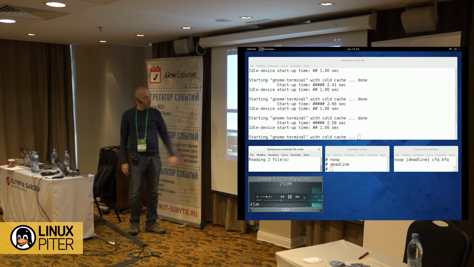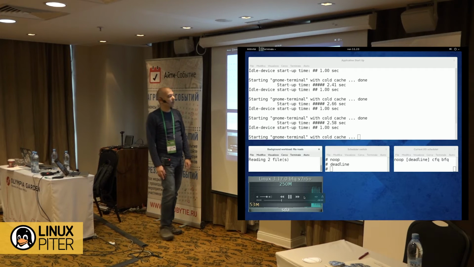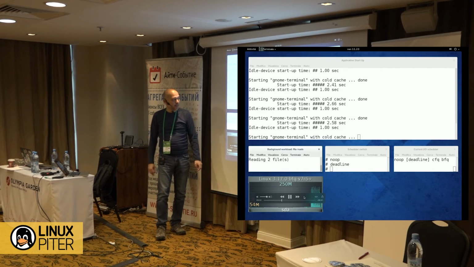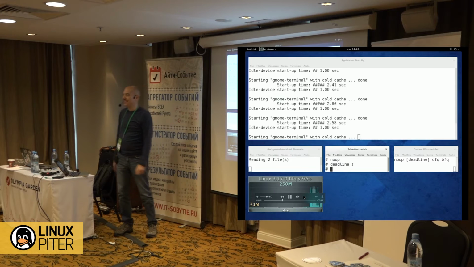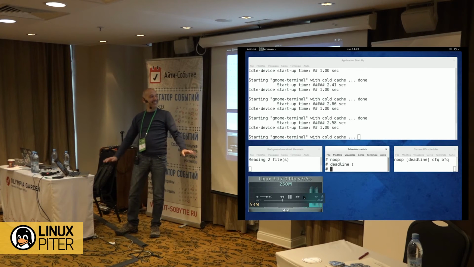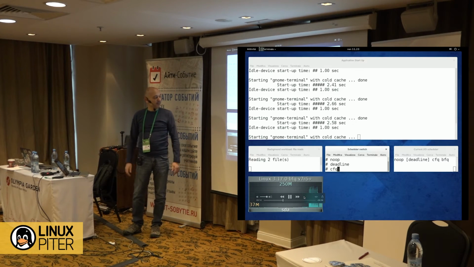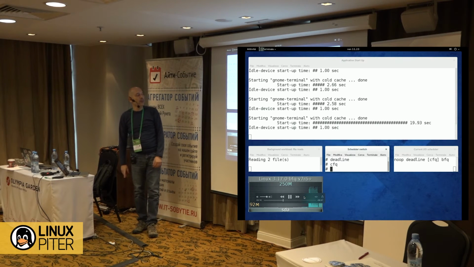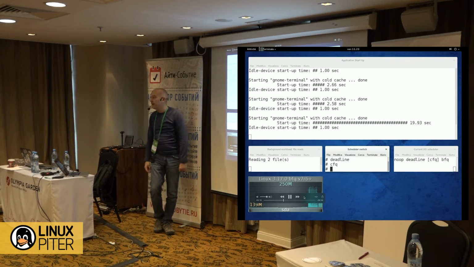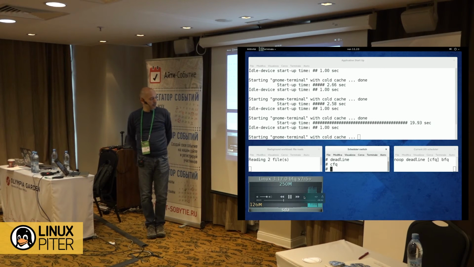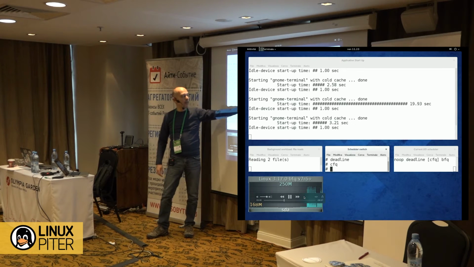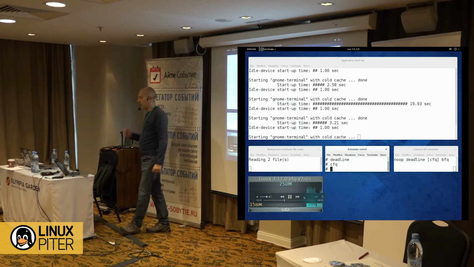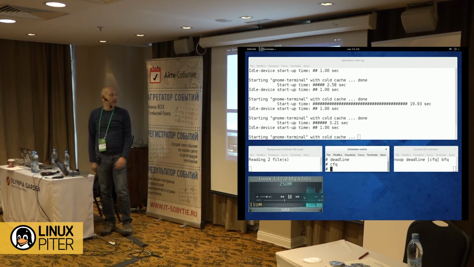So let's go to 2 files. We are still with deadline, and we start to wait and wait. This is a way to have a sort of break in the presentation, because I can breathe. If we switch back to CFQ, things are a little bit better, but still you don't have the time to go and pick a coffee, but you still wait more than 3 times the time that you wait in case the device is idle.